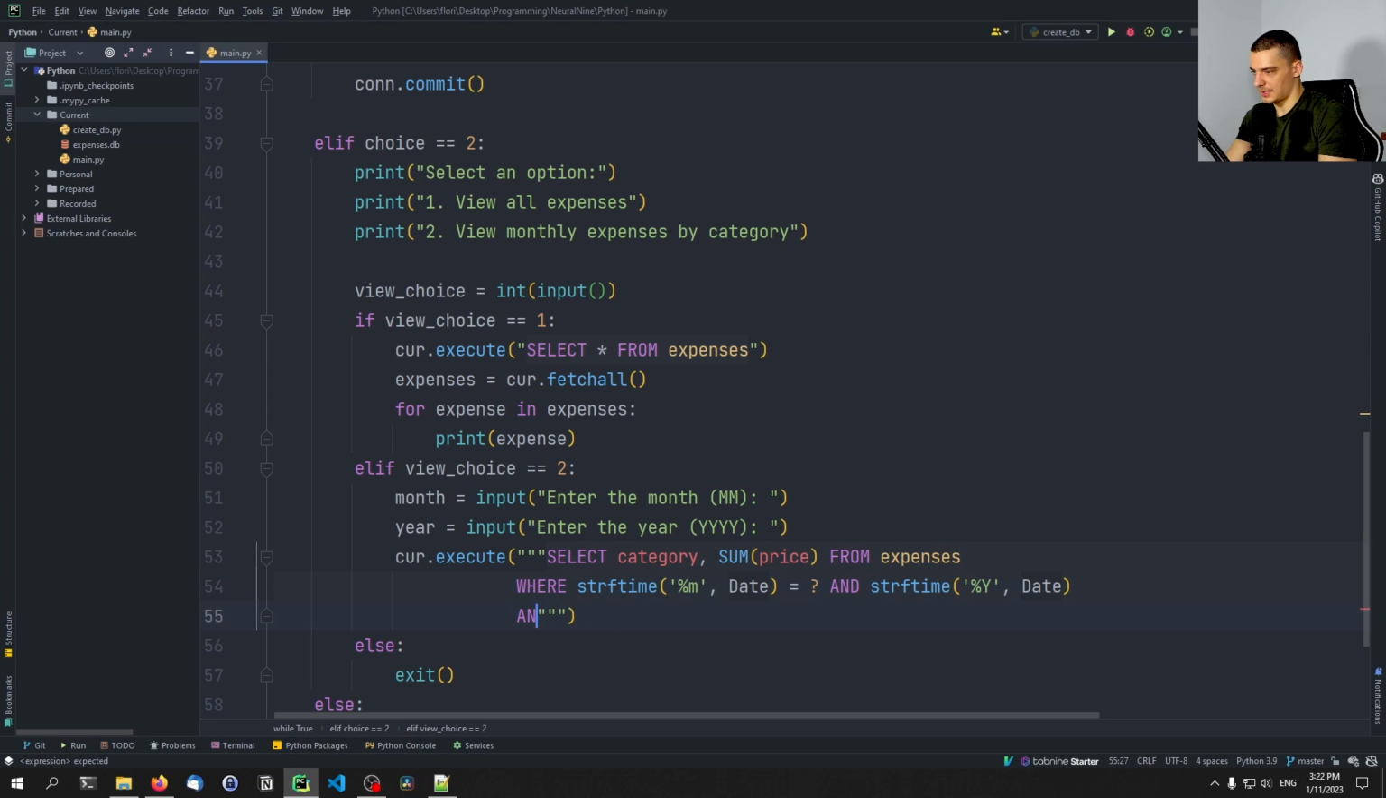And actually not "and". This was equal to another question mark. And then we have the statement group by category. So basically what we do is we select the category and the price sum for this category. We group by the category. So we sum up the price column for each category where the month is equal to something and the year